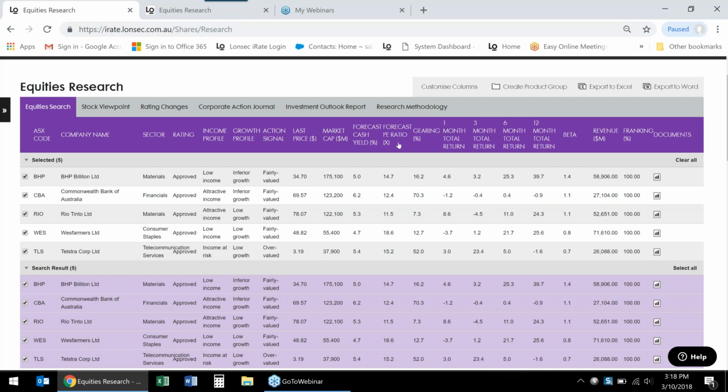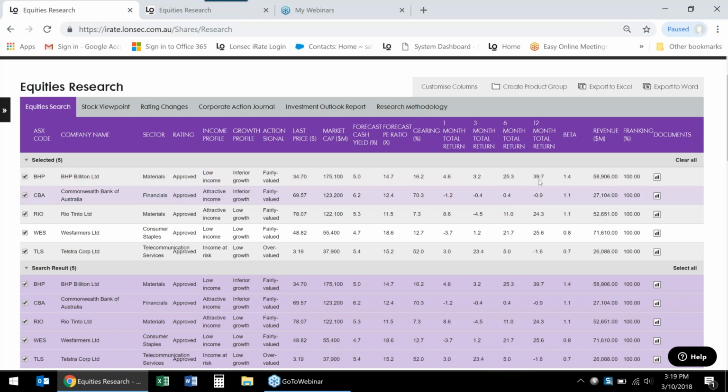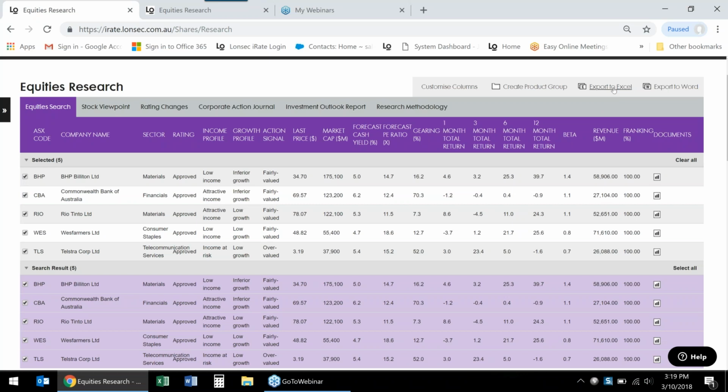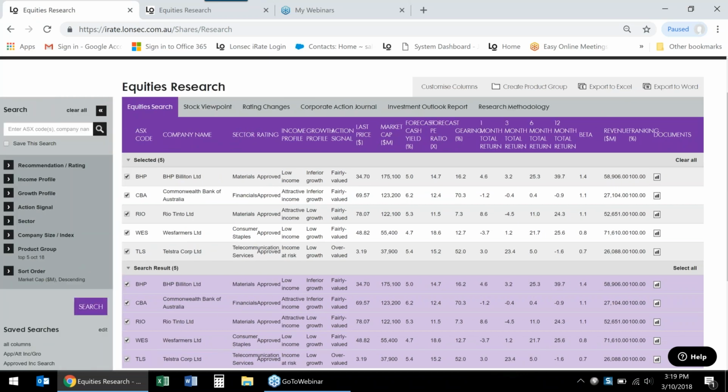And now you can see, from forecast, I've now added all these additional attributes for my stocks, giving you greater information there to export. Okay, and you will notice throughout the site, we have these quick links to export to Excel or also to export to Word. Okay, so that's how you go about customizing what you want to export data-wise.